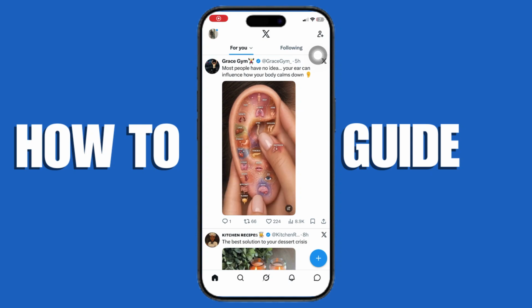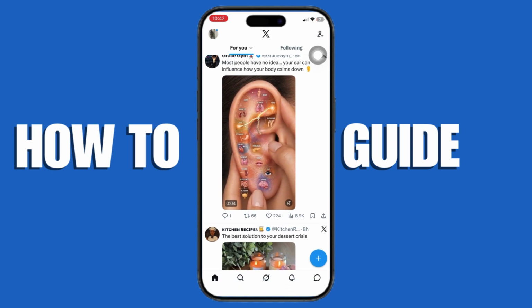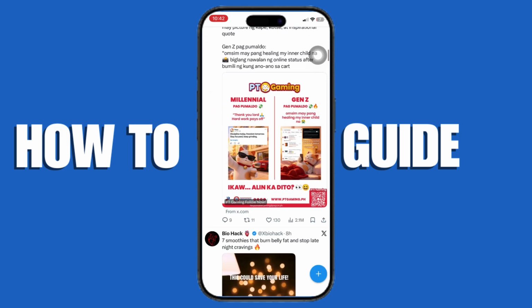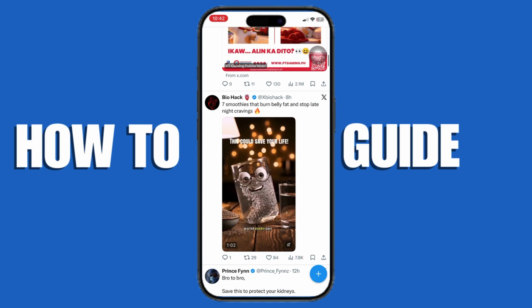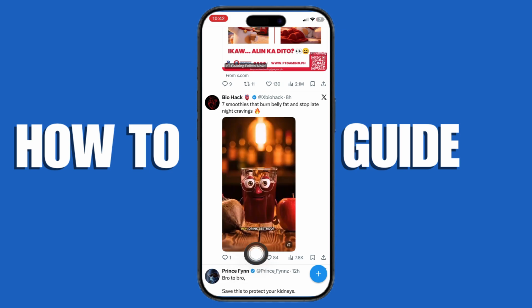We guide you through how to repost on X Twitter. So the first thing you need to do is to open your X app or website and log into your account, then scroll through your feed or search for the post you want to repost. Once you find it, look for the repost icon, which looks like two arrows forming a square located below the